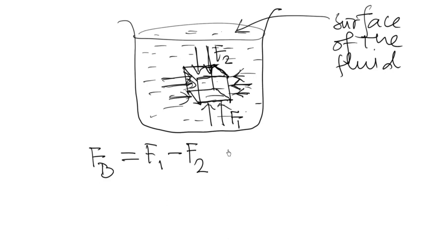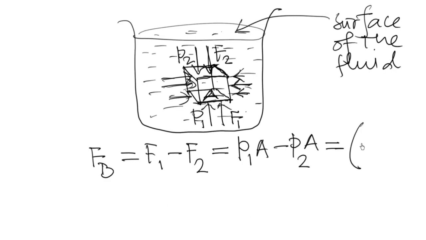It will point upward, and if the area of cross section of the upper surface or lower surface of the block is capital A, and if the pressure on the lower surface of the block is P1 and the pressure on the upper surface of the block is P2, then we'll have here P1A minus P2A. The area of the upper surface is equal to the area of the lower surface. If we take A common,